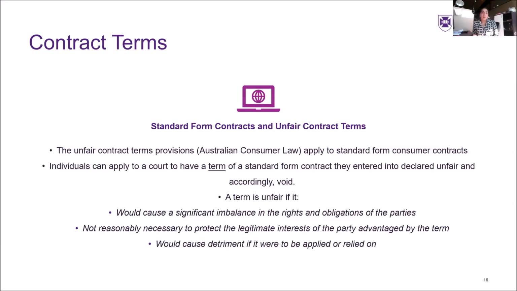I guess one example that I wanted to include is that when we have standard form contracts, you can have unfair contract terms, and this can sort of work as an exception to the rule that you're generally bound by what you agreed to. So in Australia, we have provisions under the Australian Consumer Law that apply to standard form consumer contracts. So I won't detail exactly what constitutes a standard form contract, but these are sort of things that a lot of us are familiar with on a very daily basis.